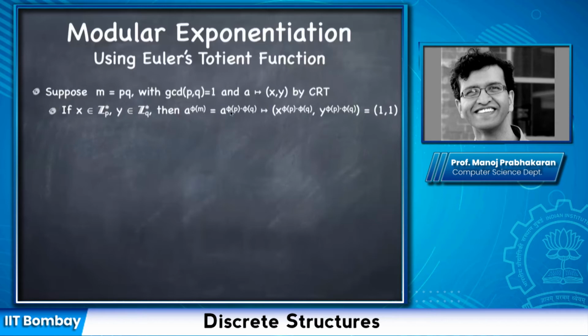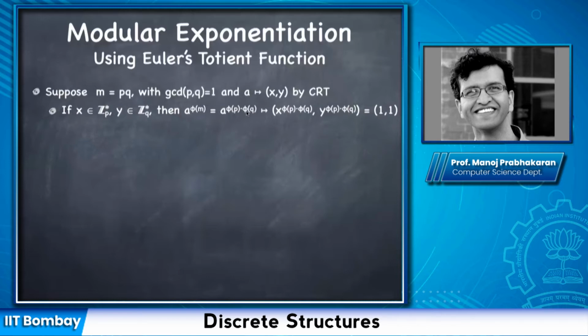So a to the phi m is a to the phi p times phi q. Now let me look at the CRT representation of a to the phi m. That will be equal to, just from what we saw about the CRT representation,